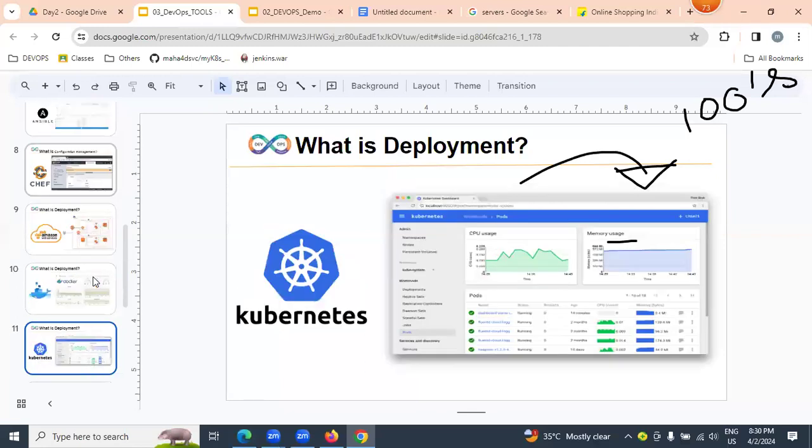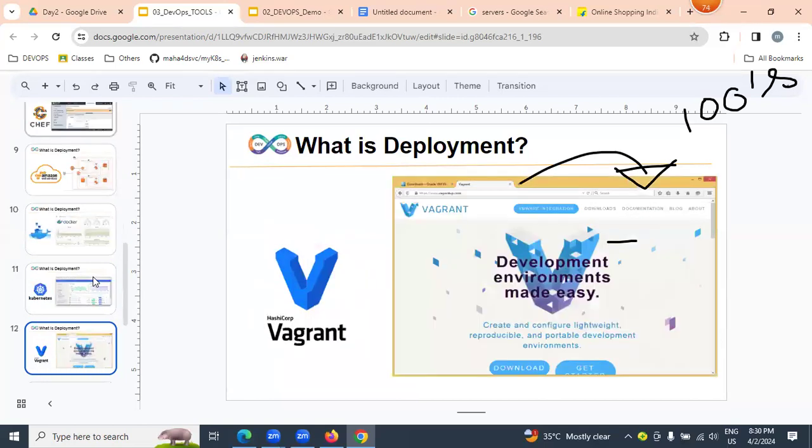These Docker containers we can manage or control with Kubernetes. And we're going to learn Vagrant. Vagrant is a virtual provisioning tool. With the help of Vagrant, you can easily create virtual machines on your laptop.